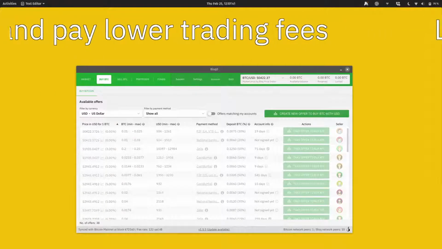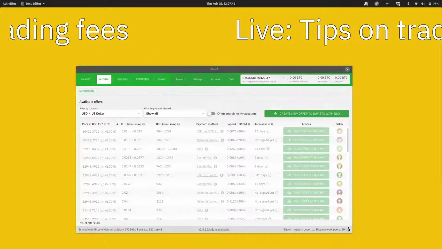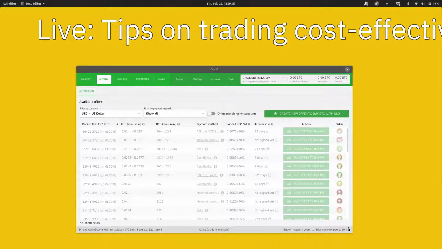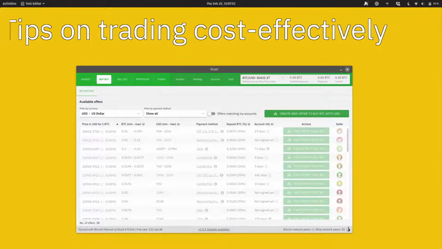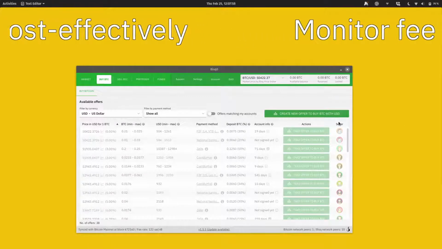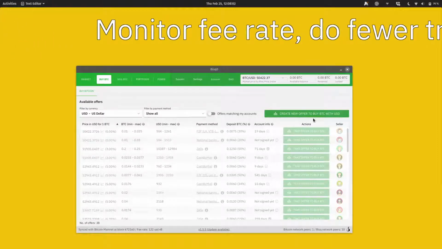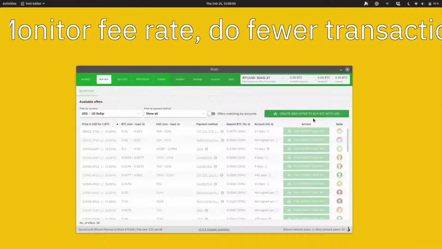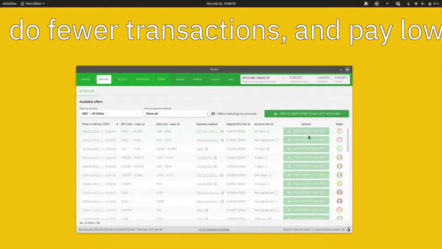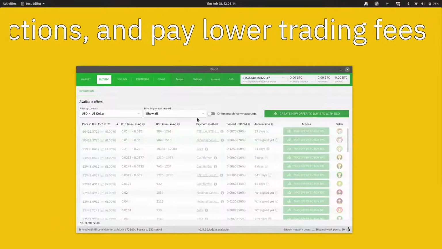So we've gone over fee rates, and being a maker instead of a taker, which we'll talk about more in a second. And the second to last item I want to cover is paying trade fees. This is something that isn't talked about enough, I think. In addition to timing your trades well, when you take an offer or make an offer, you can choose to pay your trade fees